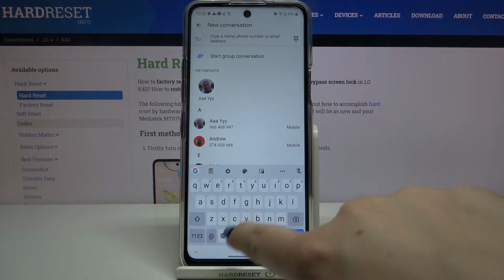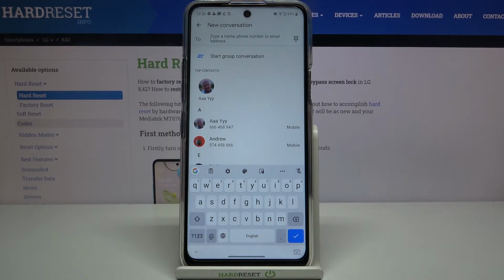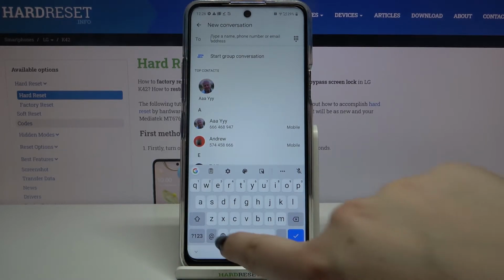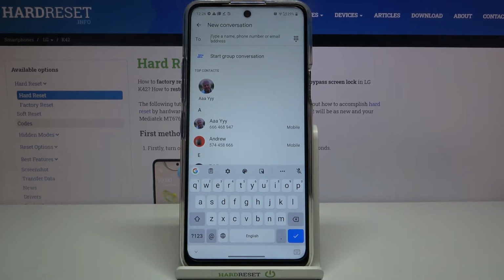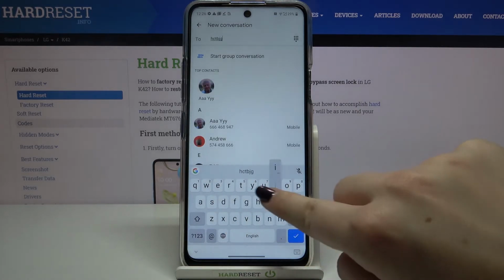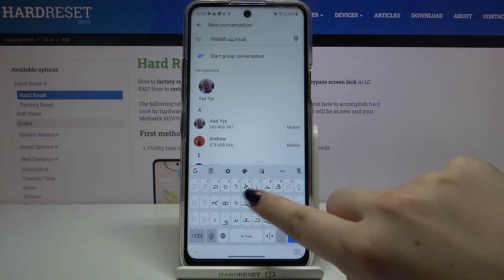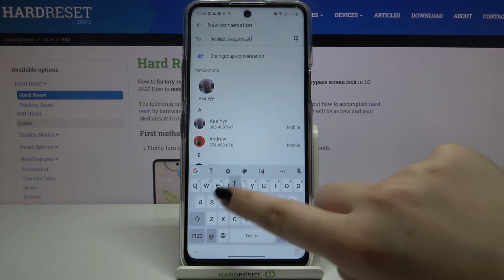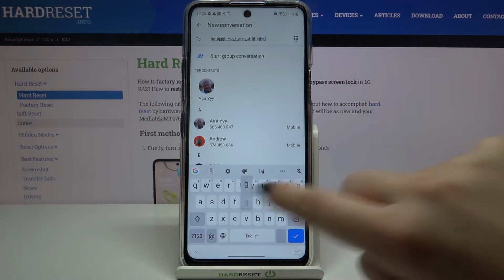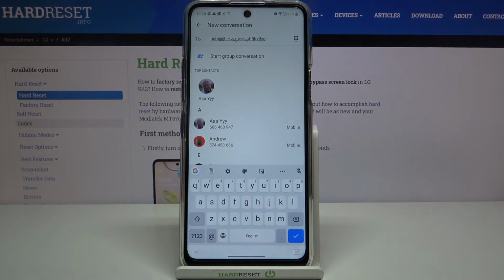First of all, the spacebar is not empty. Now we've got the name of the language we are currently using, and next to it we've got the globe icon. So now I can easily type in English, but after tapping on the globe icon I can switch to the Assyrian one. Let's tap on it again, and as you can see I can type in English. So actually this is how to add a language to the keyboard,